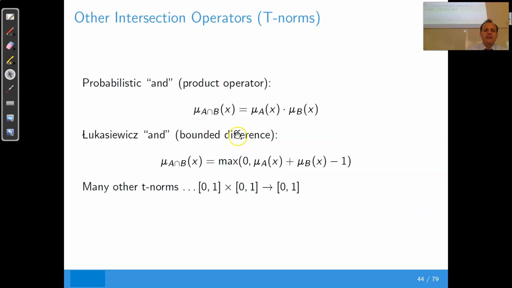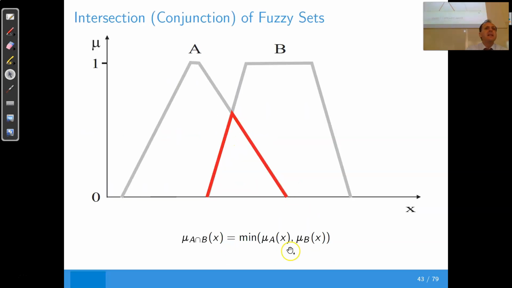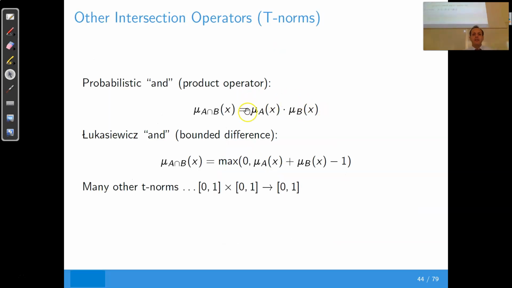Instead of the minimum, which perhaps needs some computational effort, you can use the multiplication, which is a nonlinear operation. There is also one named after its developer or proposer. The bounded difference is something more complicated because it's the maximum between 0 and